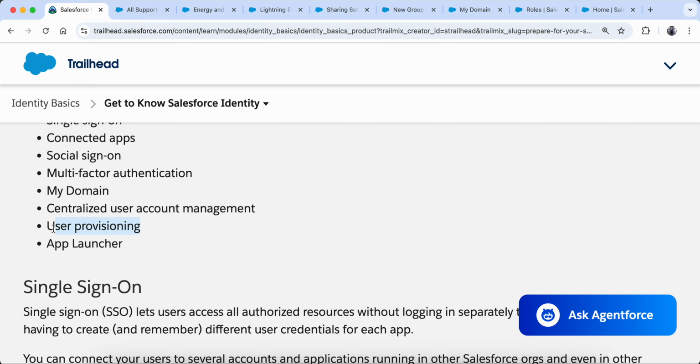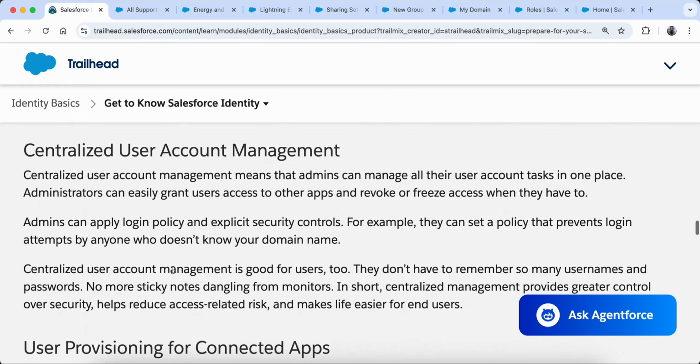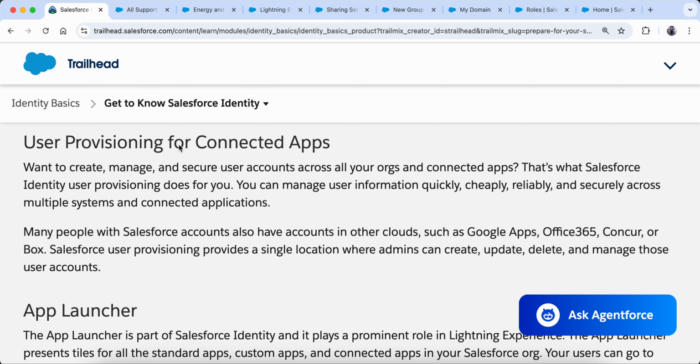Okay, and then user provisioning. User provisioning is for the connected apps. The connected apps which we saw, like Microsoft, the Google app, or Concur. So all these different accounts of users,